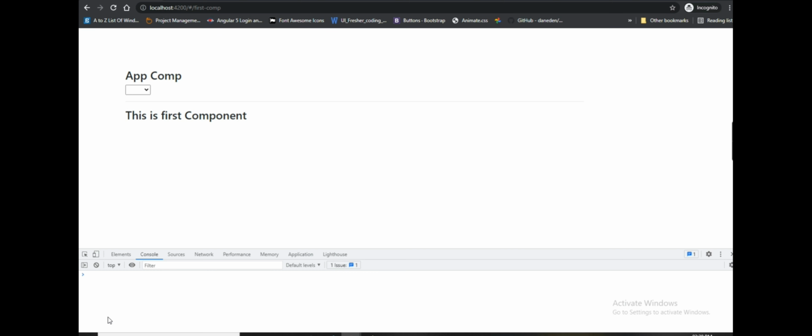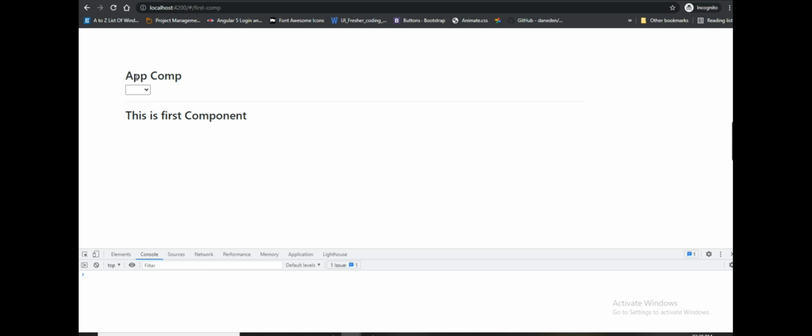So here we have a subject, which is a special type of observable in the RxJS library, in which we can send our data to other components. A subject is like an observable, but can multicast to many observers, which means a subject is, at the same time, an observable and an observer too. So here I will show the example.